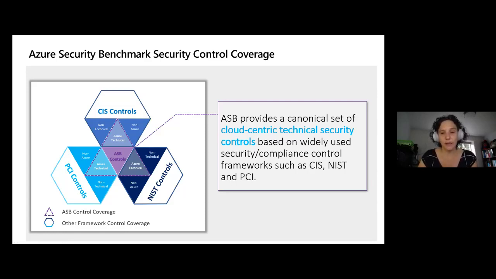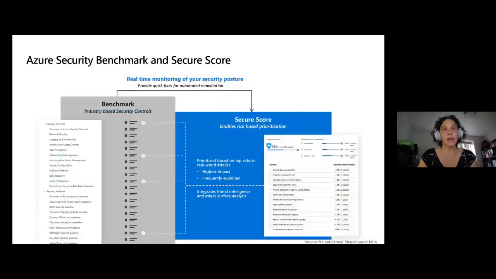Now, the security benchmark is actually the underlying framework and the underlying set of policies that Security Center uses as its security posture framework. And you know that within Security Center, there is the secure score that is able to give a measurement based on risk assessment also and based on prioritization, what the current status is. But essentially that secure score, while scoring each of the different elements, is actually built on top of the definition of the benchmark itself. So the benchmark gives that underlying framework for controls, for requirements, for best practices,